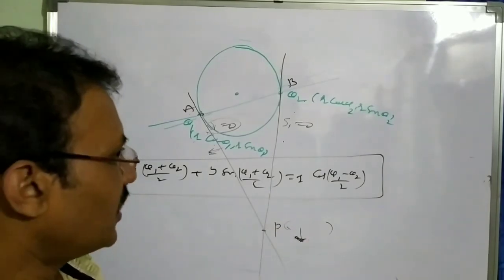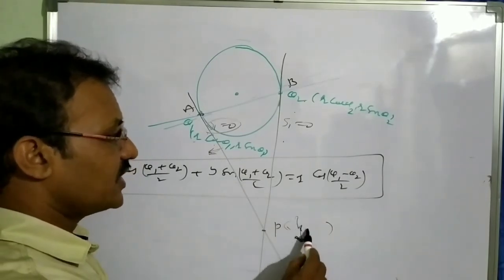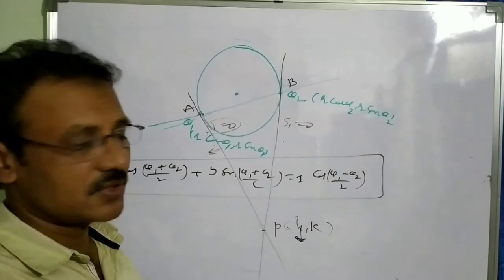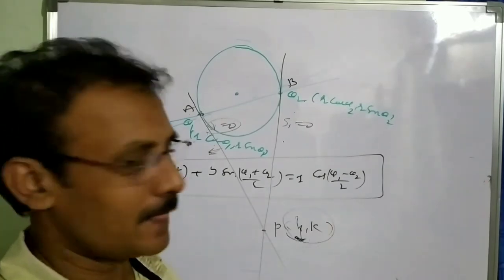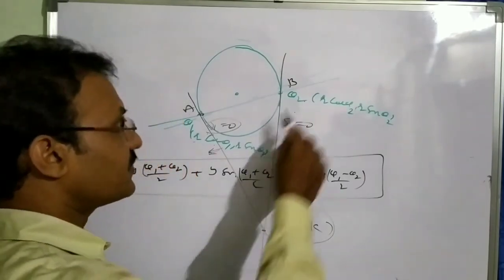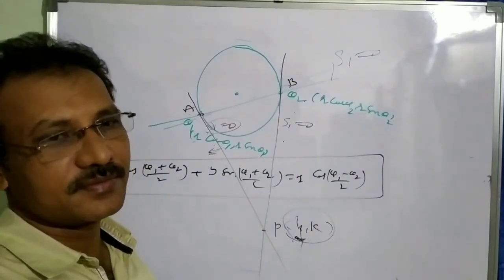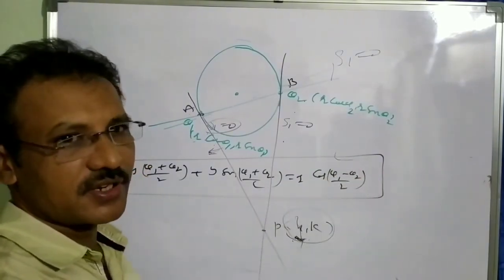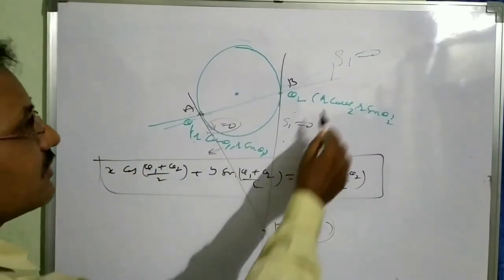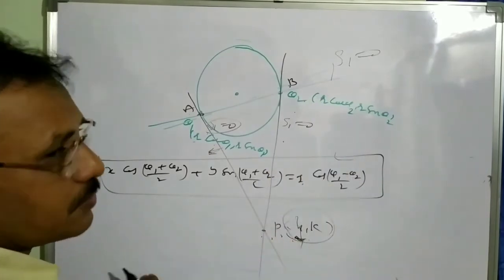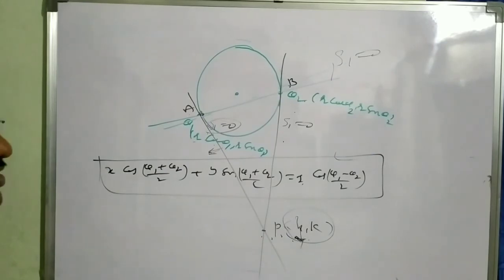Understanding? And one more simplest way is there. Suppose the point we are going to find is h comma k. If it is h comma k, then S1 is equal to 0 is the equation of the chord of contact. So you already have the chord equation. By comparing this equation with the equation we get through the point h comma k, you can simply find h comma k.